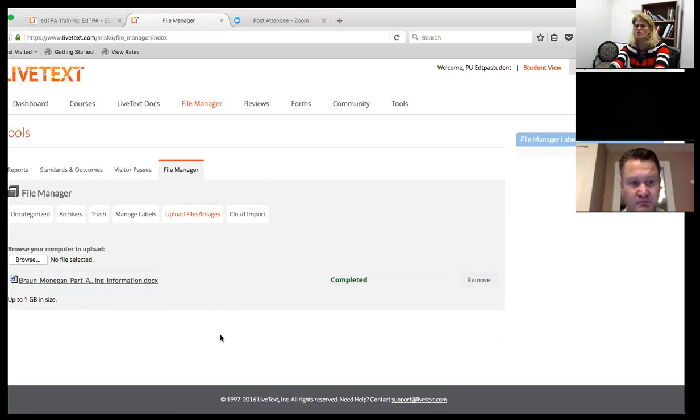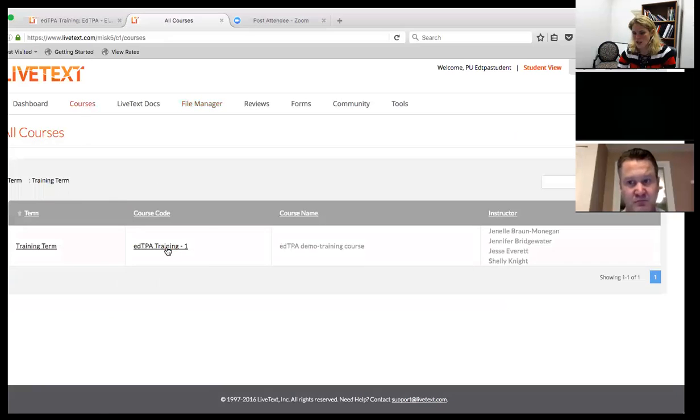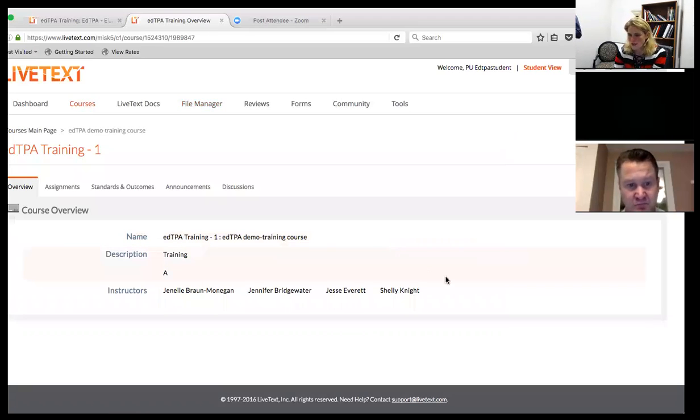So that's one way that you can upload documents, would be here under the file manager. Again, if I'm going within my course, and the edTPA will be a course on there for you, I can also upload documents that way. And I'm going to show you how to do that. This is probably going to be one way that you use quite often. What's nice about this